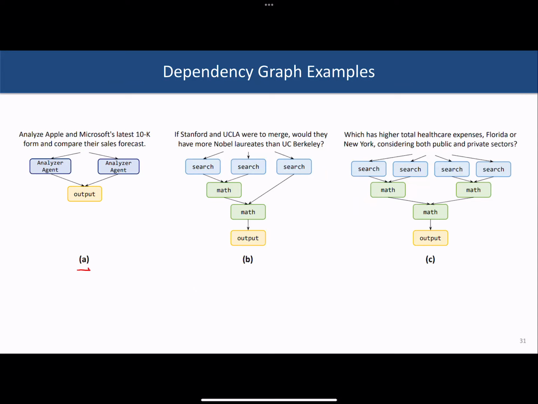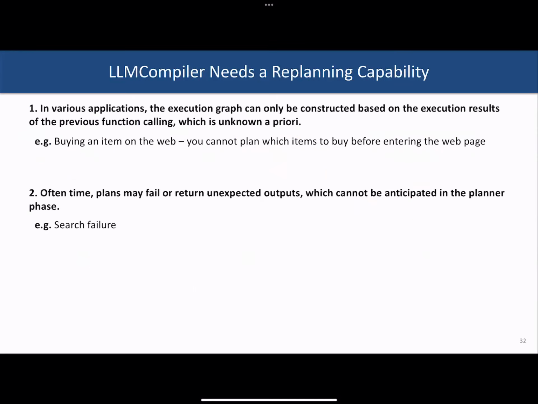We have additional evaluation of our method for more complicated tasks that involve different dependency patterns. But in the interest of time, we skip this part. It's all available in our paper, where we have the same observation as what we had for the simplest case. But in this talk, I would like to spare the last couple of slides to discuss the replanning capability.